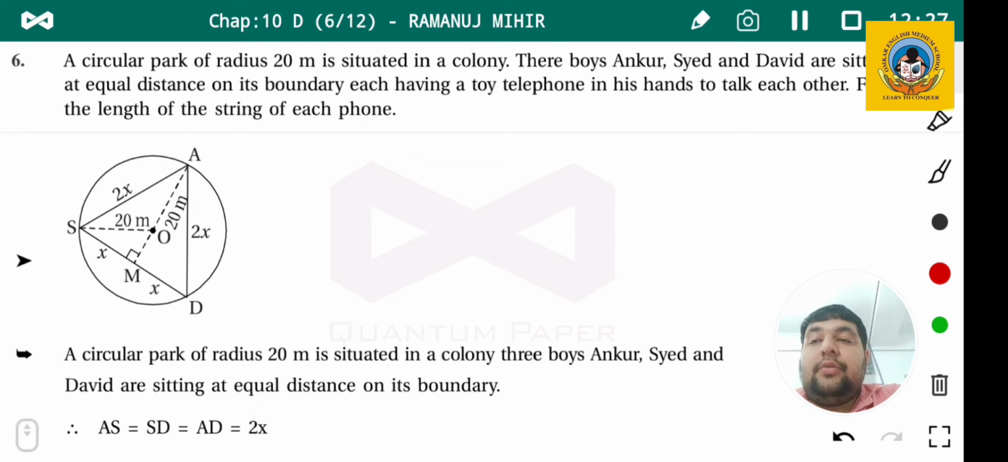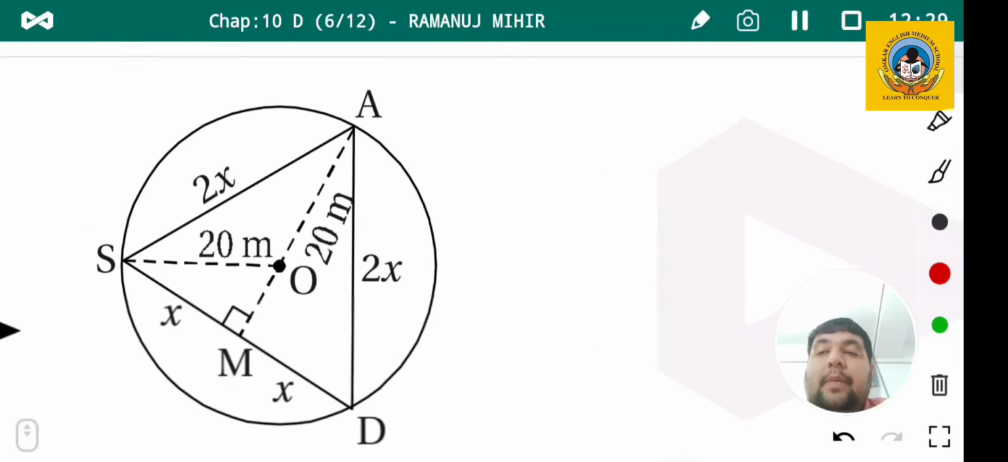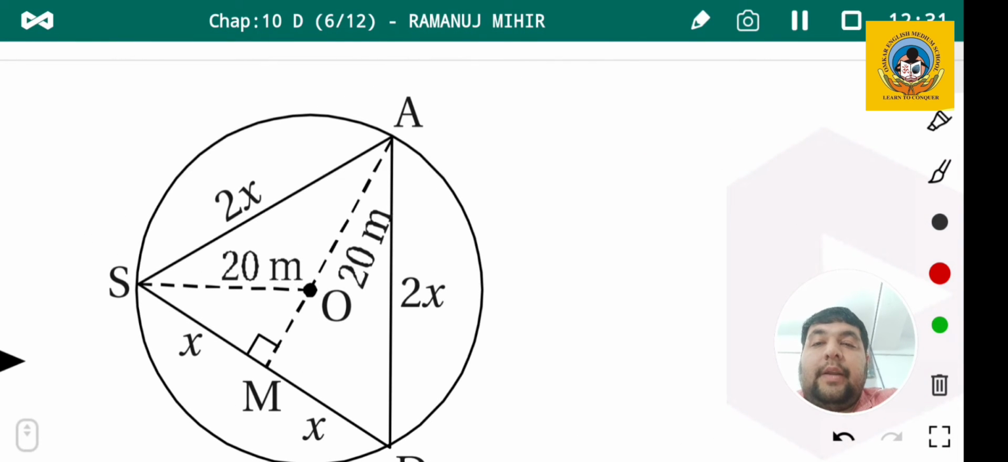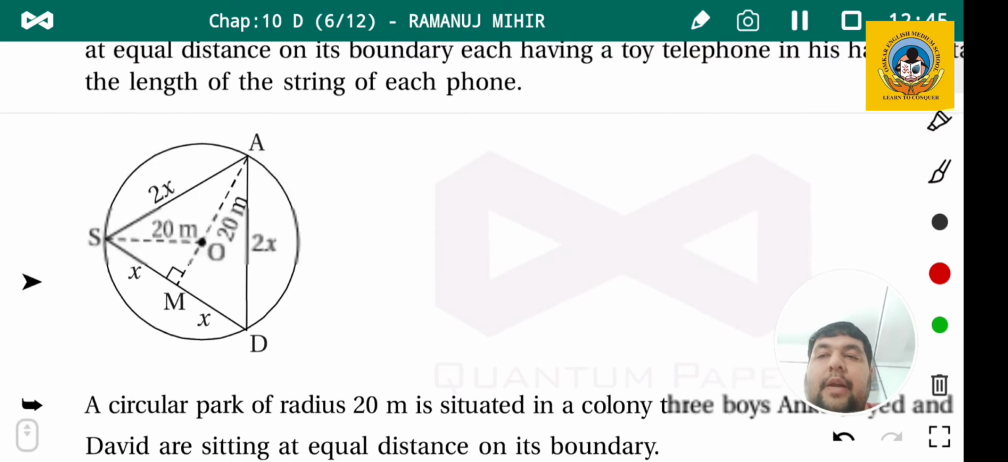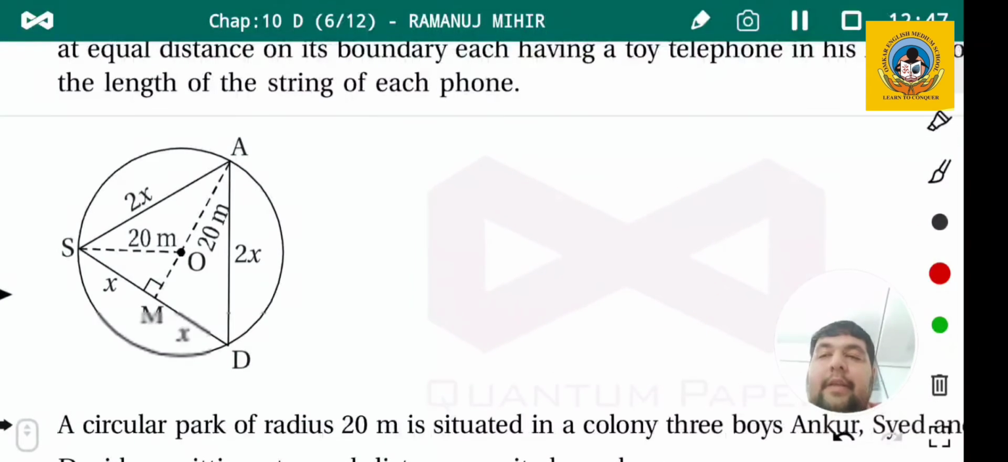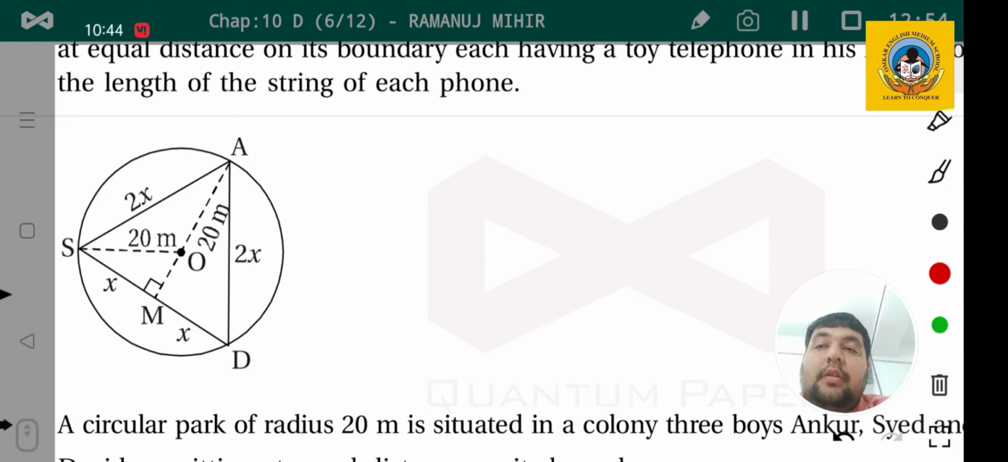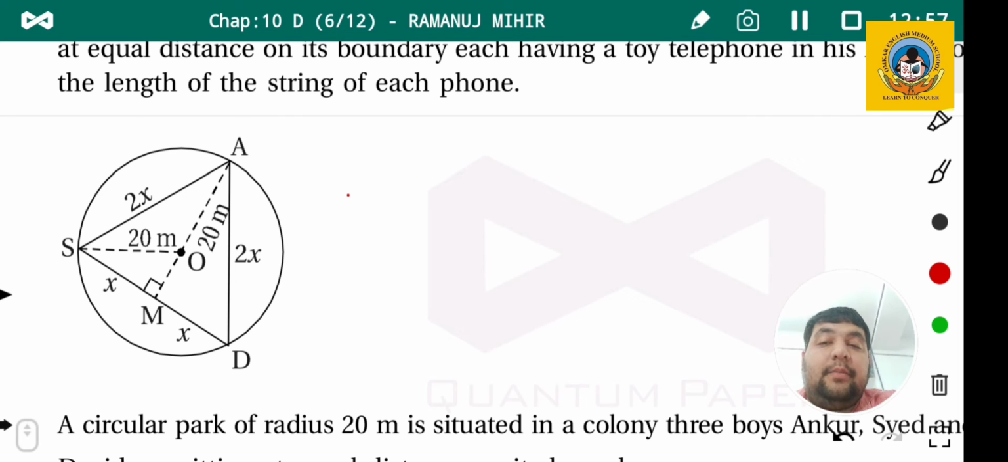Now you see the figure, the radius of the park is 20 meter, and they are sitting at A, S, D. Okay, what do we have to find? We have to find this AD. AD will be the length of the string. Okay, AD will be the length of the string. So we have to find that length, which means 2x. So now